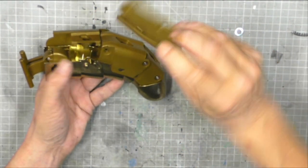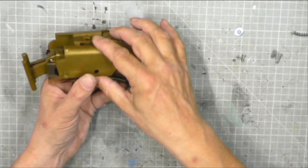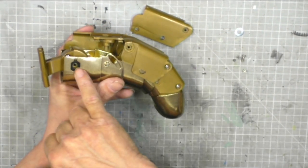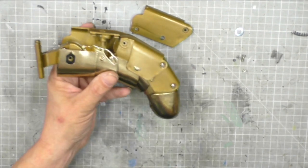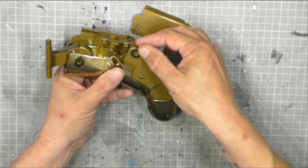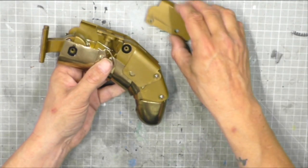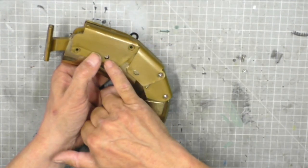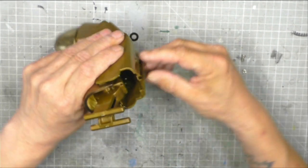Yeah, look, we've got a couple of tabs there, and that's going to go in there. However, before we do that, we need to pop a little washer into there. There's already a washer there that we put in a previous issue. And all we're going to do is pop that in there. And then we can line up those 2 tabs, plus that hole there. And then just make sure...